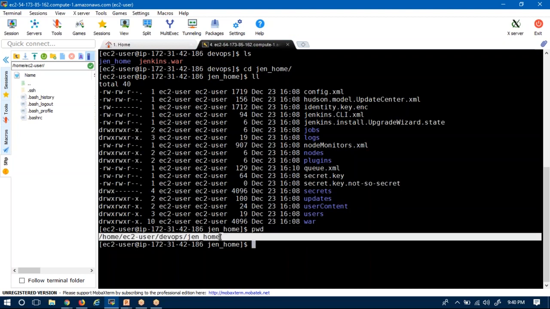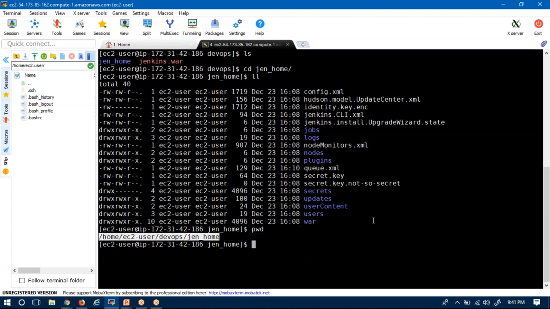In this way you can set the home directory of your Jenkins before starting your Jenkins server the first time. Simply export your required Jenkins home and then start your Jenkins, so that the exported path will be saved as your Jenkins home directory.